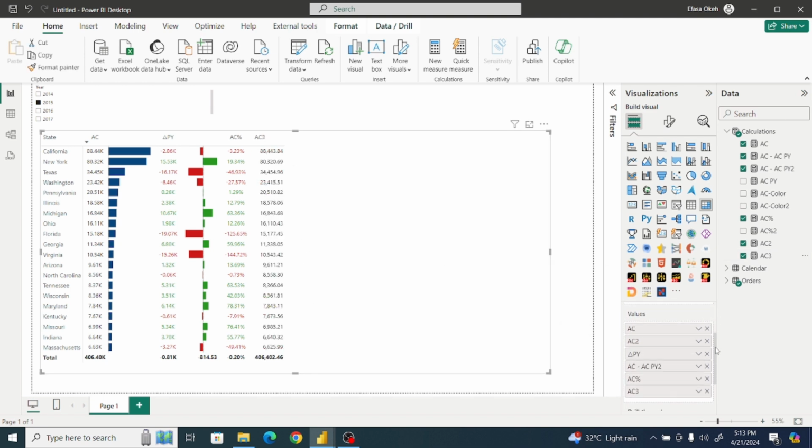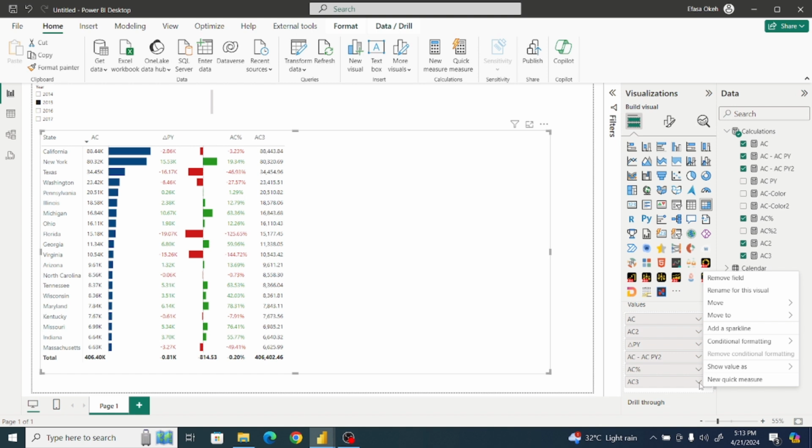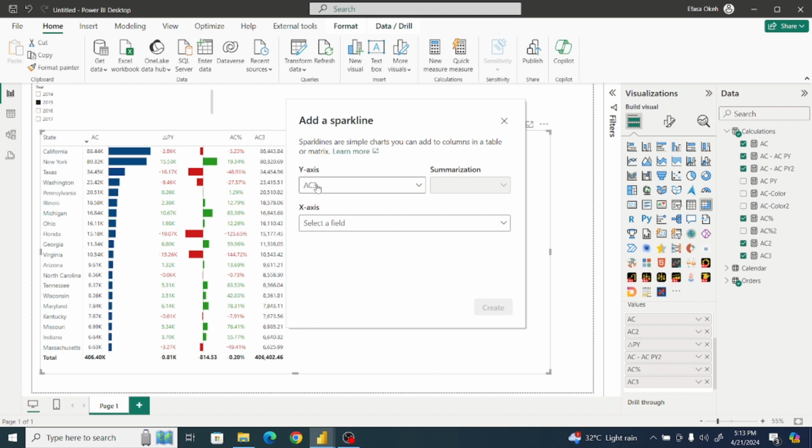Scroll down. On your values, you have total sales 3 here. What you need to do is click on this drop down and say add Sparkline. Click on add Sparkline. Now we have the total sales, that's the y-axis, selected. What do we want this field to be based on? We want it to be based on our calendar, then on the month number, not name. So what it's trying to say is visualize the total sales by month. So when I click on create,